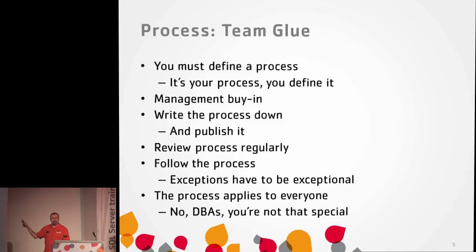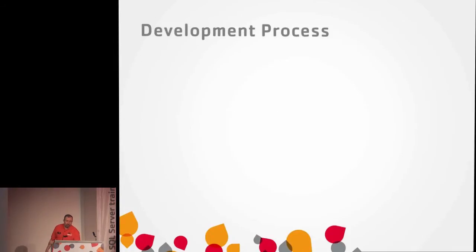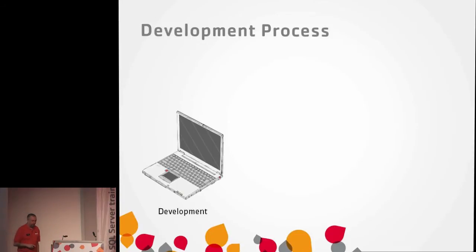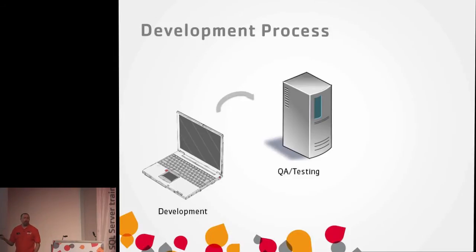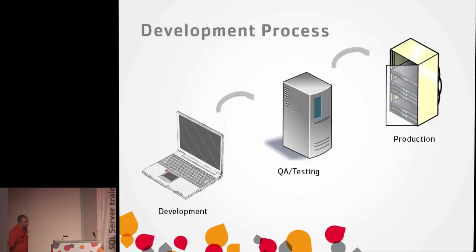Everybody all right with this so far? None of this is crazy. This is common sense, really, but it's necessary stuff. Okay, nobody's screaming. So, development thinks about the world like this. I'm developing. Great things are going to come out of that. I'll probably go through some sort of QA testing, pre-prod process, maybe financial testing, maybe load testing, all the cool stuff. And then my code goes to production and everyone loves me. Right? And this is how they think about it. And there's nothing wrong with this approach.